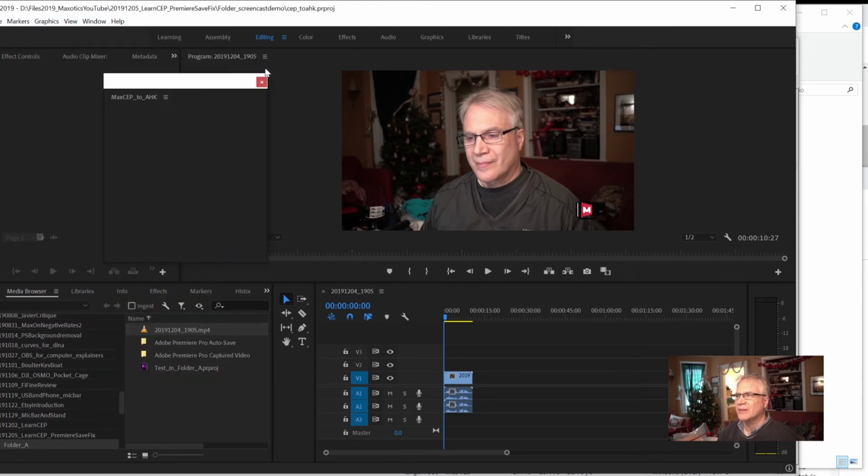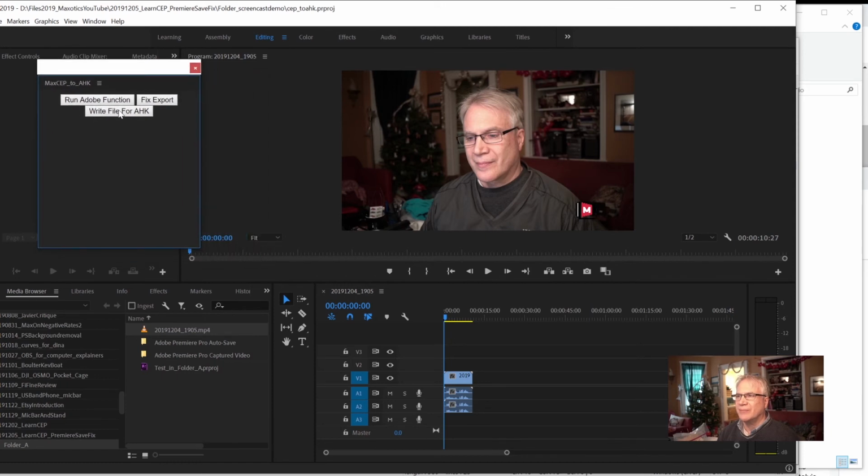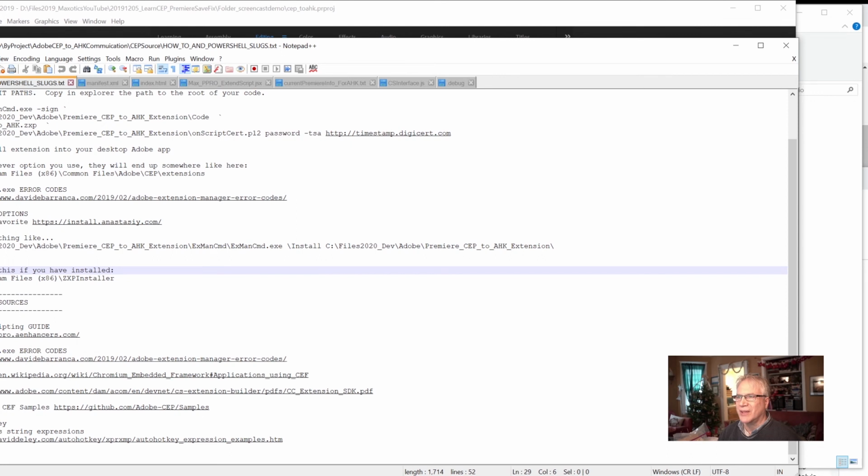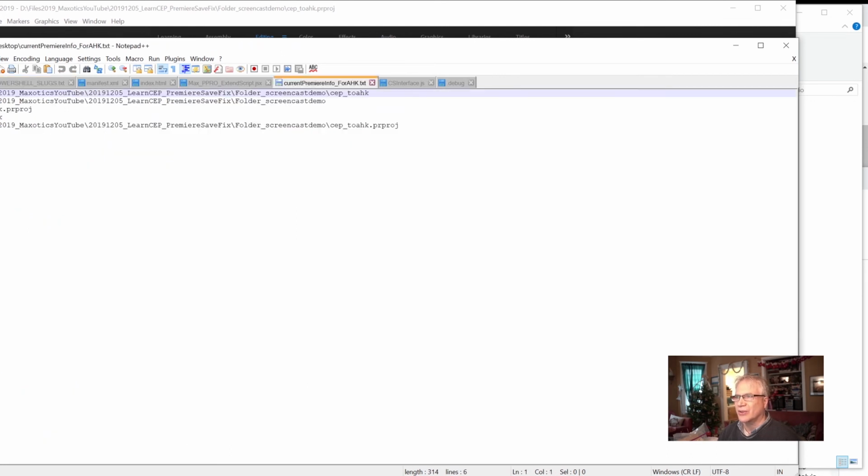So we'll just load this extension. Window, Extensions. So we load our extension and we click on this button. It's going to run this function, which saves all the Premiere project stuff, or some of the stuff that I want to save, into this file that looks like this. Now from there,